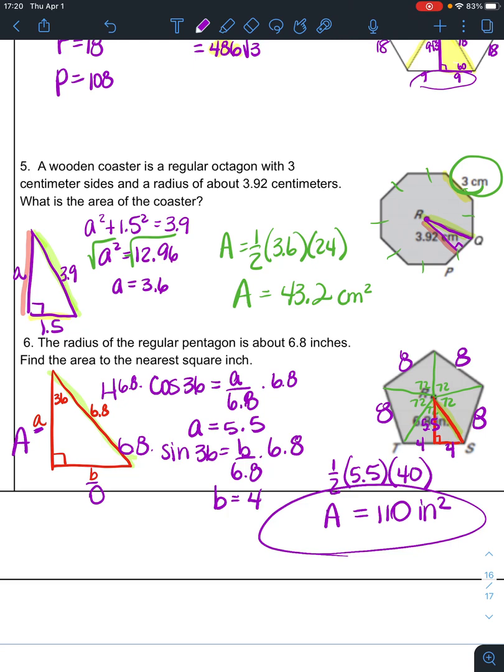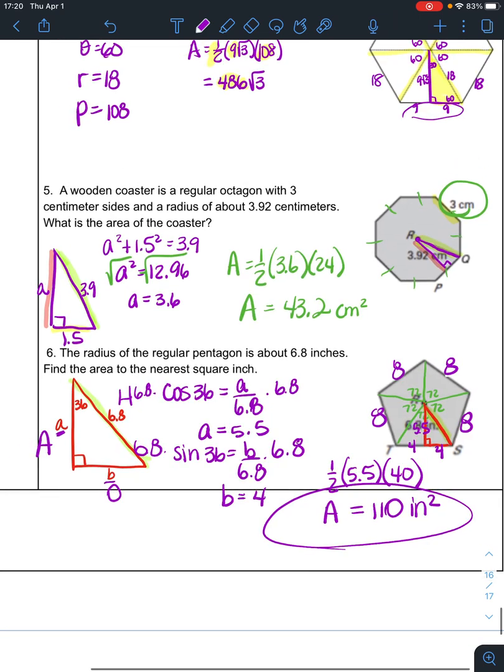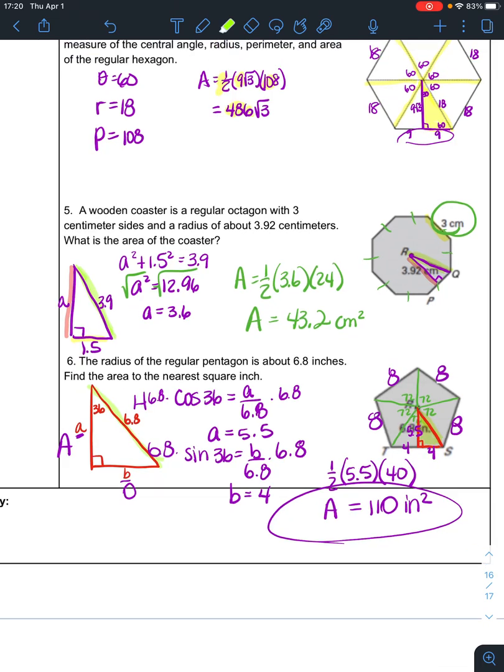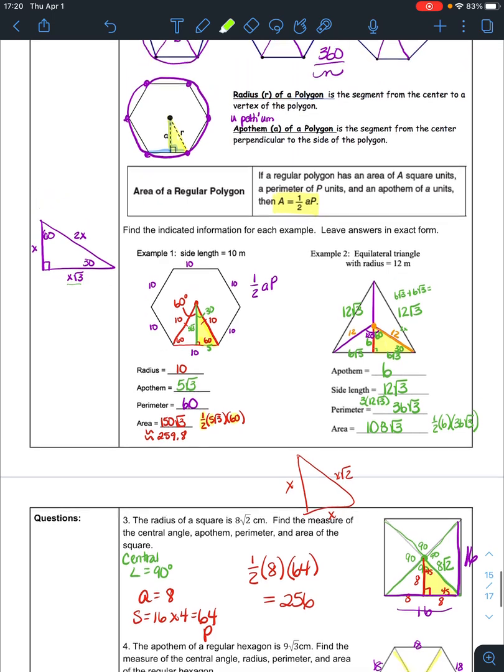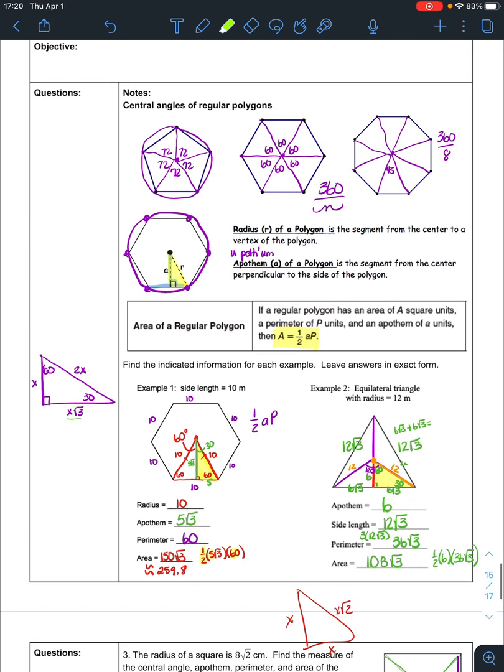So sometimes you need your right triangles, Pythagorean theorem, sometimes you need special rights, and sometimes you need trig. All of this comes back down to one itty-bitty little right triangle that we need to use. So you've got to draw in that apothem, that radius, and the side length form that right triangle that we can use to find the apothem, so that we can find